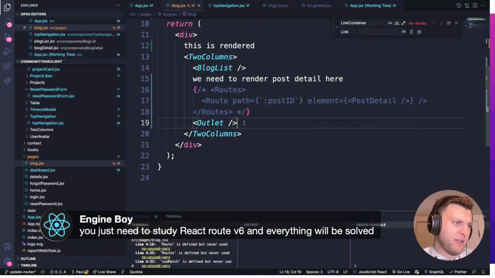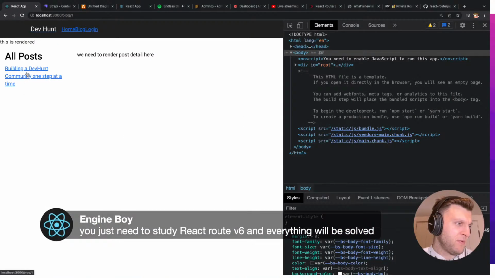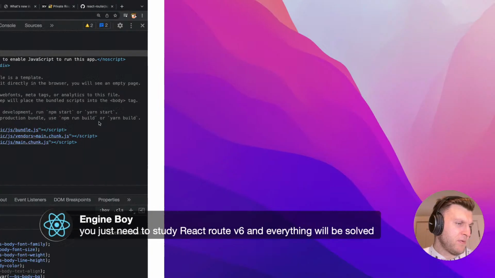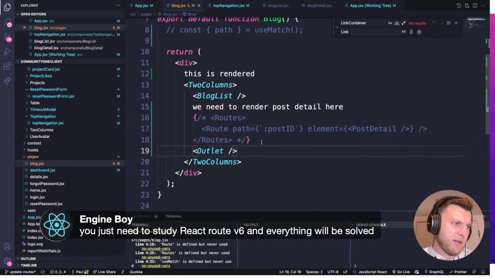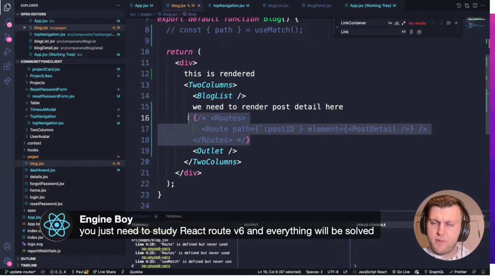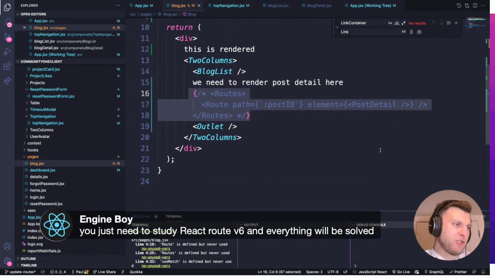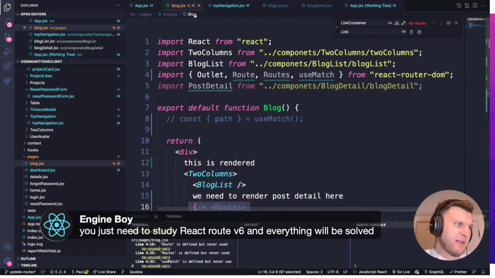I have the outlet not inside the routes. So I want to, yeah, it's kind of hard to know exactly, put outlet outside the routes, but exact blog component,